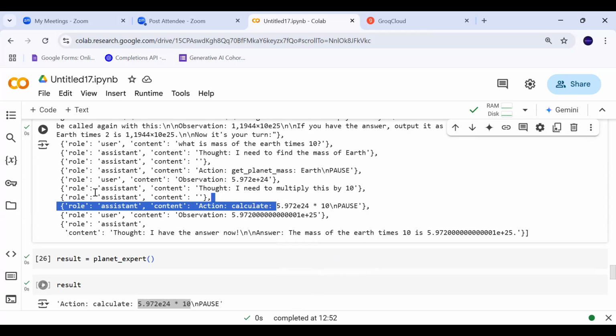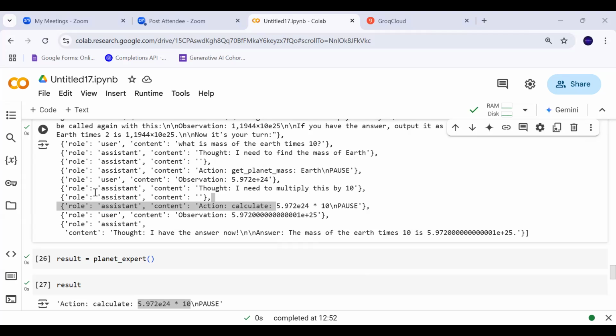Let me pull up that Colab file. So Surendra, here is the prompt, the system prompt, the template.